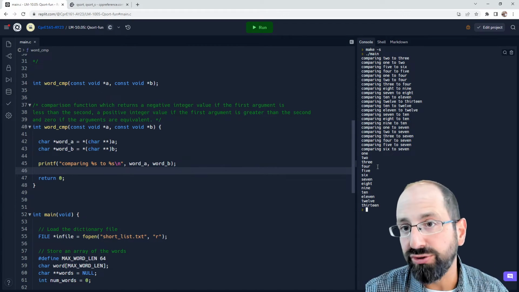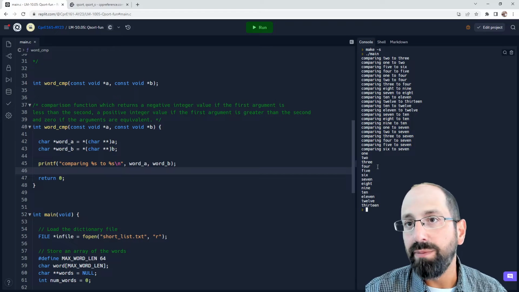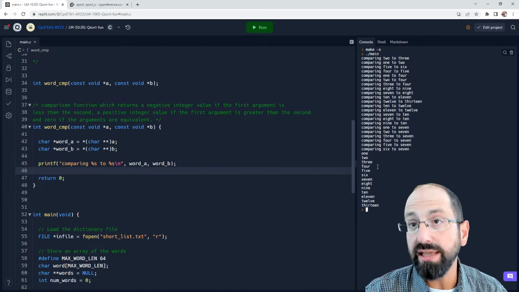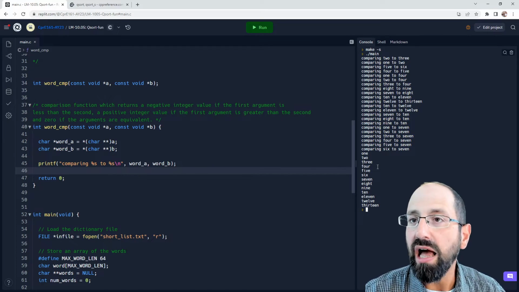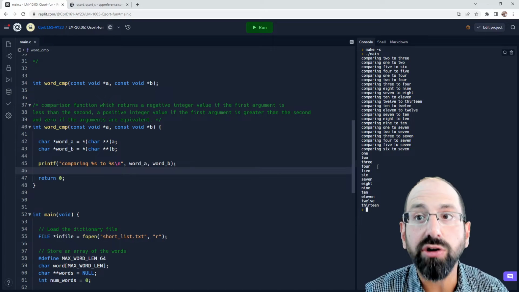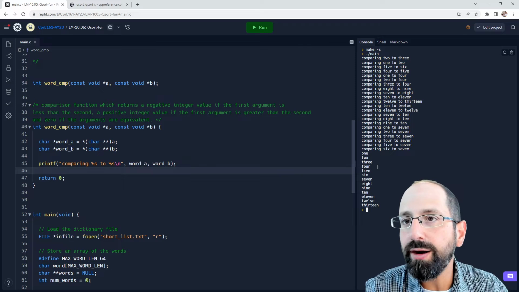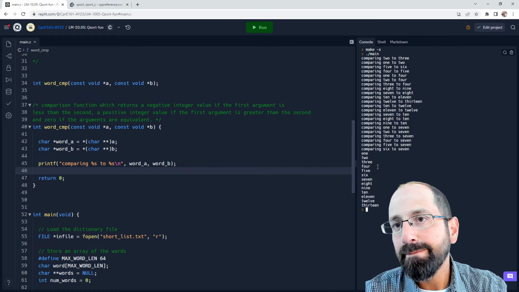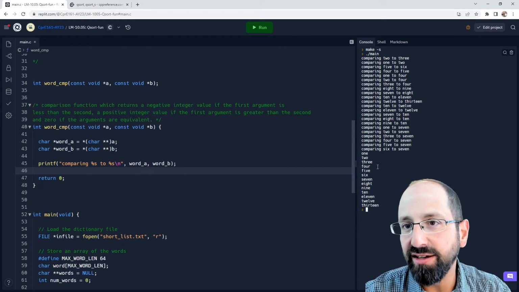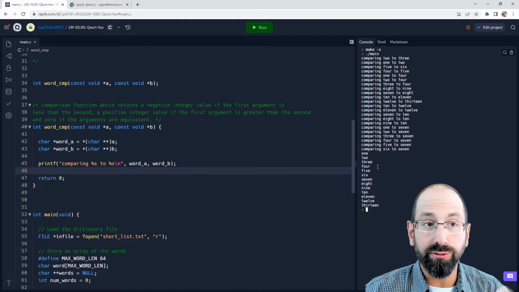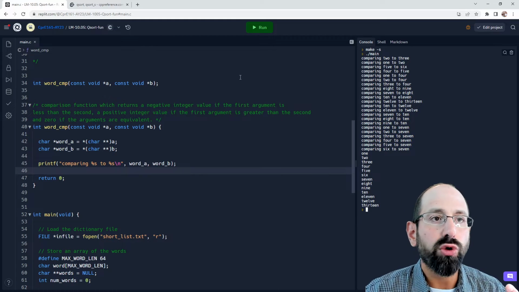Is it using quicksort or some other hybrid kind of sort? But it's doing some kind of comparisons. So it is calling that word comp function, and we're getting valid strings back out via that really nasty pointer following we're doing there. And the end result is still, the array didn't get changed at all because we're returning 0 every time. So we want